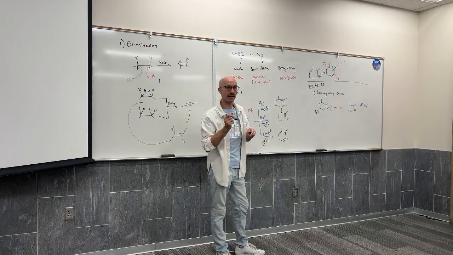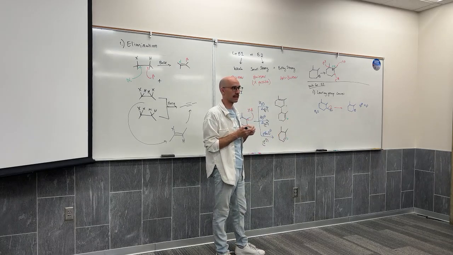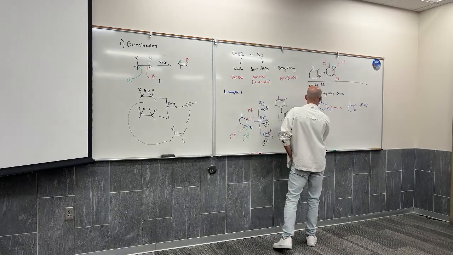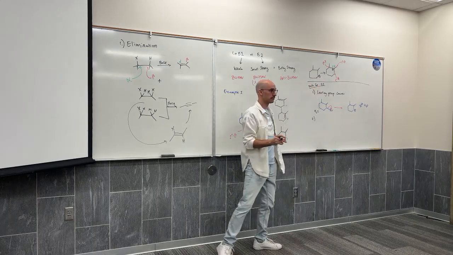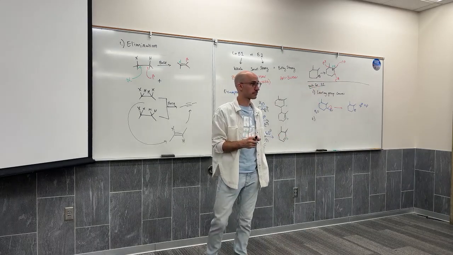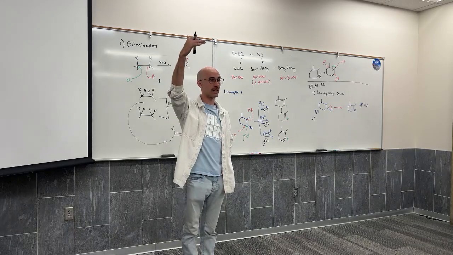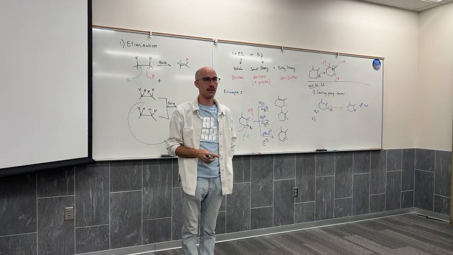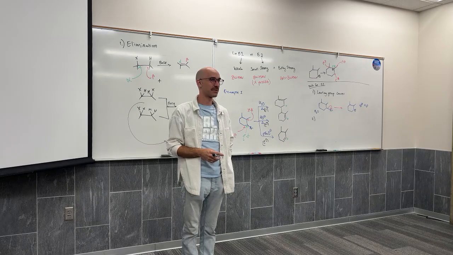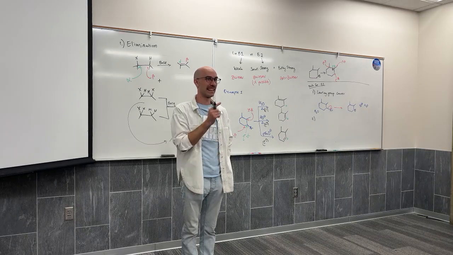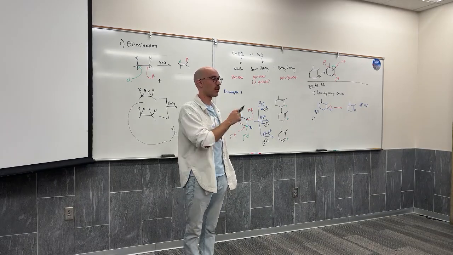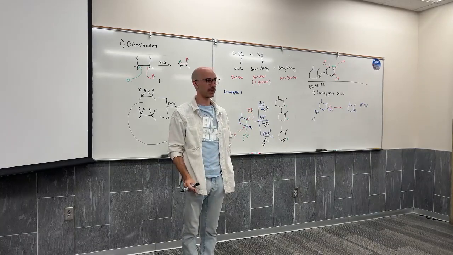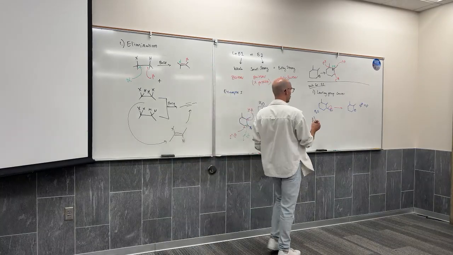How easy do you think that is for that leaving group to just leave and create a carbocation? Very easy, rather difficult. Does that take a lot of energy, or does that happen pretty quickly? That takes a bit of energy. That is the rate determining step. Once that intermediate forms, the rest of the reaction happens very quickly. Step 2,